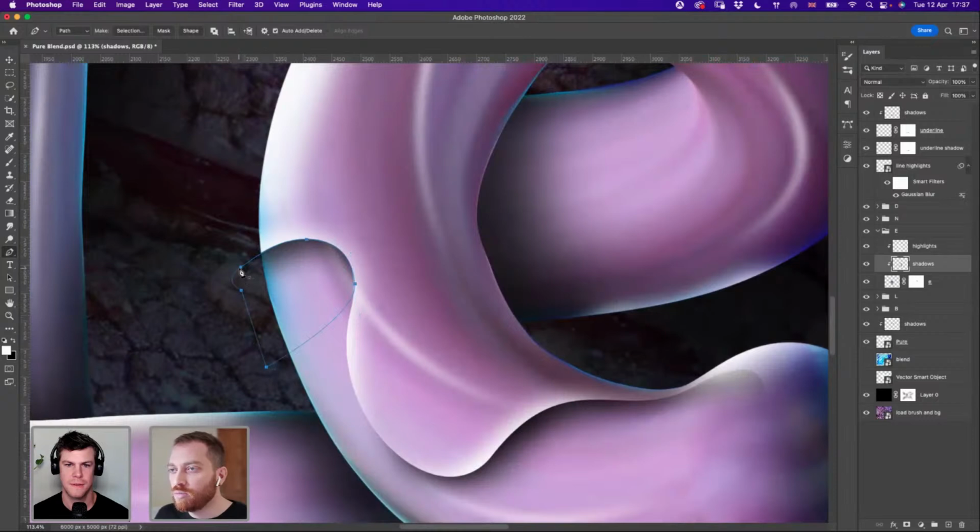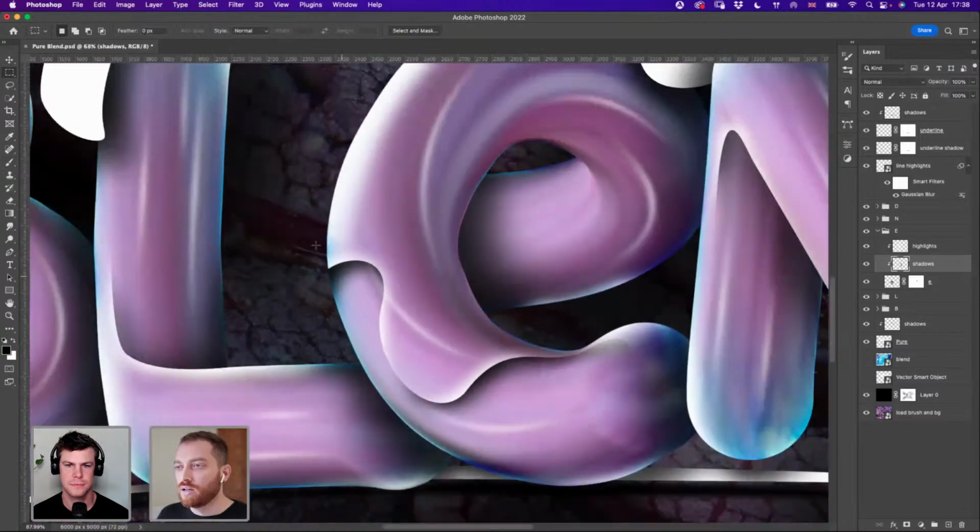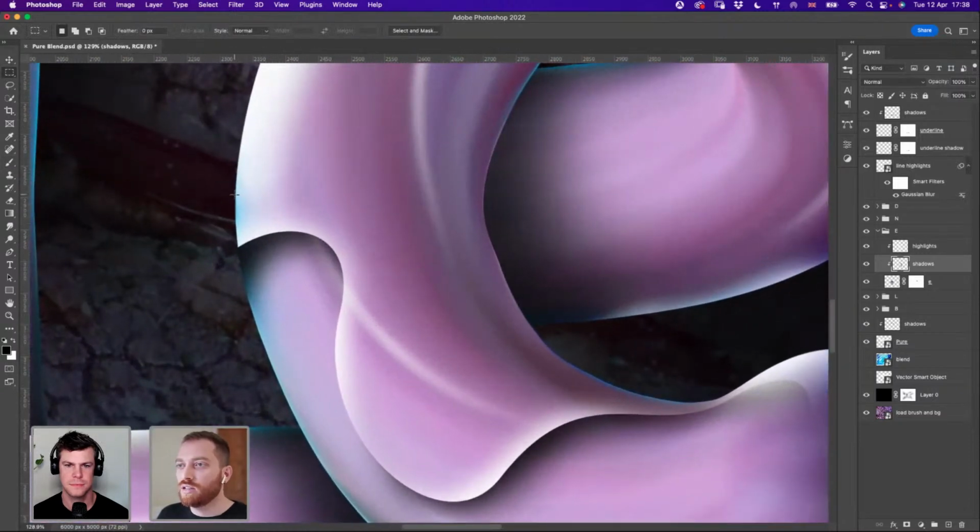I think this will be fine, because as long as this is a clipping mask, it will just paint on the letter. We'll make a selection out of it, and with the brush, black color, let's see how this will be. Yeah, maybe like that, and maybe we can add more of it here. Let's try that.